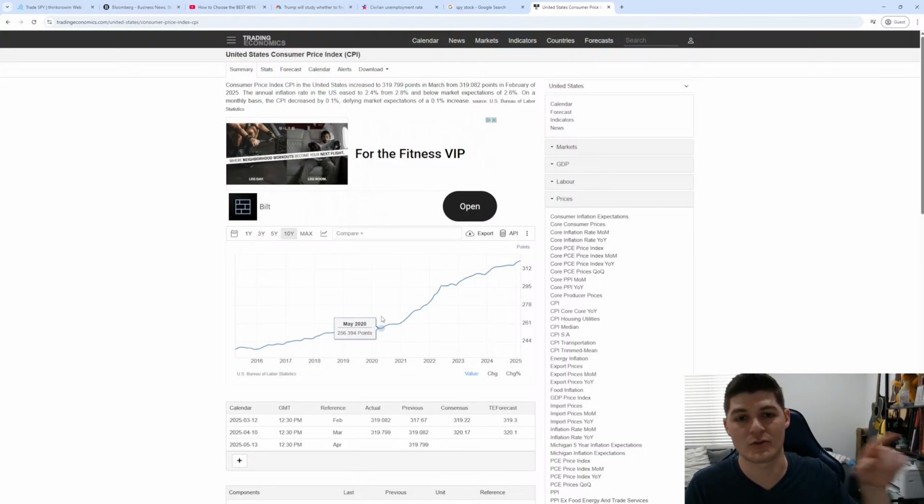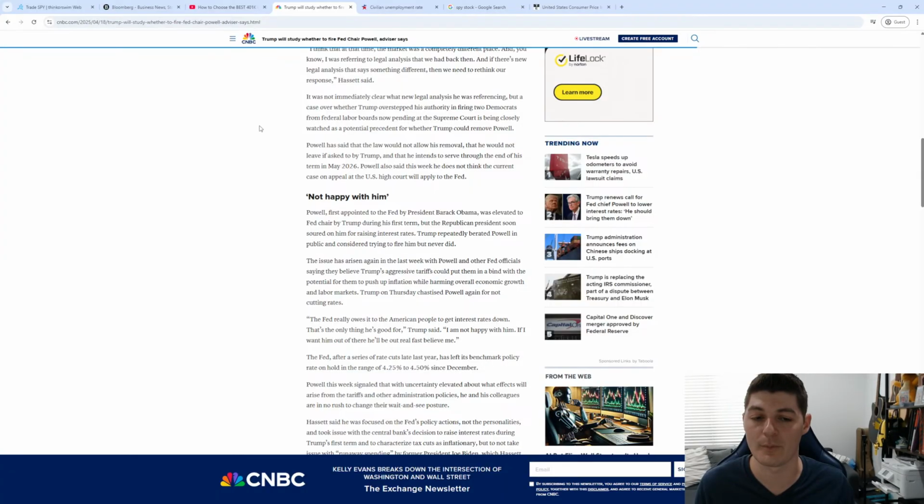You can see this sort of circle, this downward spiral, where when companies increase their prices and they make more money, they have more money to pay their employees. So their employees, who are the consumers, have more money to spend, and then they spend more money, the prices go up, and it just goes in the circle over and over again, which exacerbates inflation. So that is what Jerome Powell is trying to avoid. But if Trump were to fire him and replace him with someone who lowers interest rates, that could be perceived initially as a good thing for asset prices, but in the medium to long term is probably not a good idea for the economy.